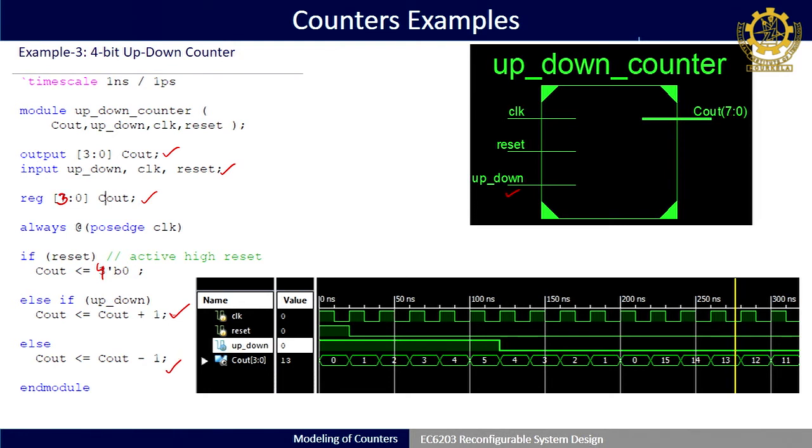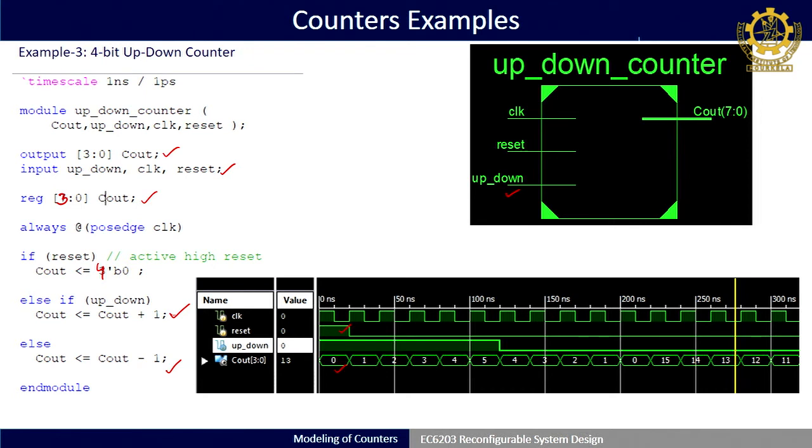In the test bench, if you see, initially I have made the reset high, so that C out will be initialized to 0. It is a good practice, because the initial keyword is ignored by many synthesis tools. It is not the case that initial will always be synthesizable.